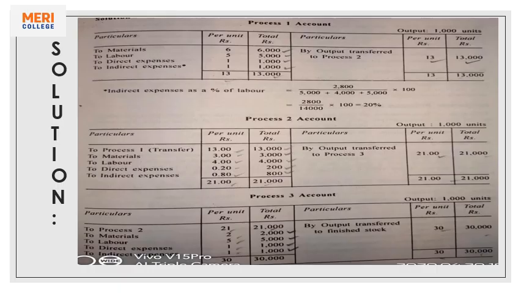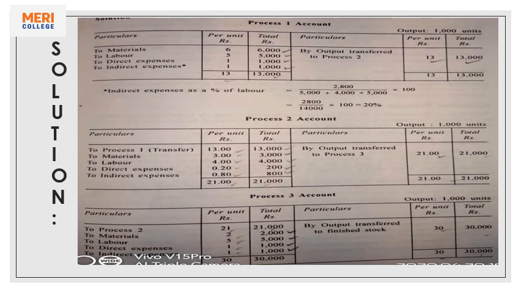We have prepared 3 ledger accounts as we have done earlier also. Process 1 account, process 2 account, process 3 account. So in each account we have to prepare, we have debit side, we have credit side. In debit side, whatever input we are having in any process we'll put down. As you can see in this table again,